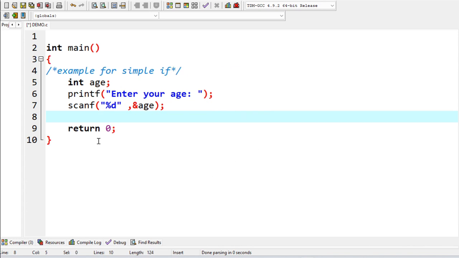Now the next code, we'll see one example for a simple if. So I have a variable age declared. I've read the value for age. I want to check if a person is eligible to vote. So if age is greater than or equal to 18,